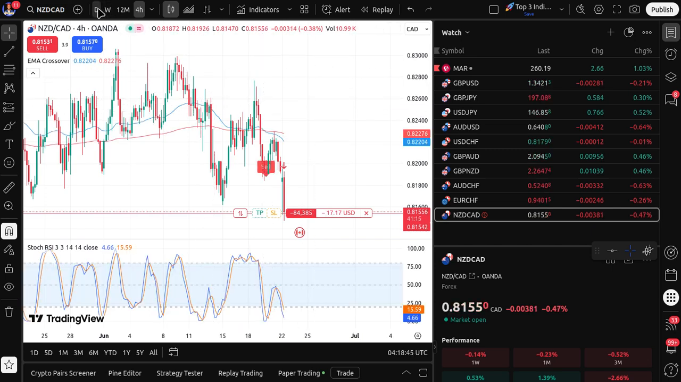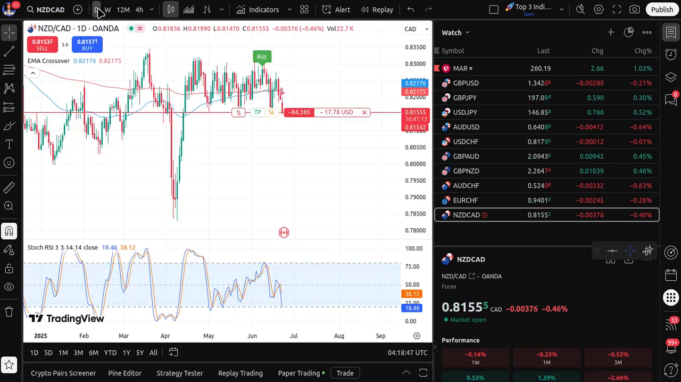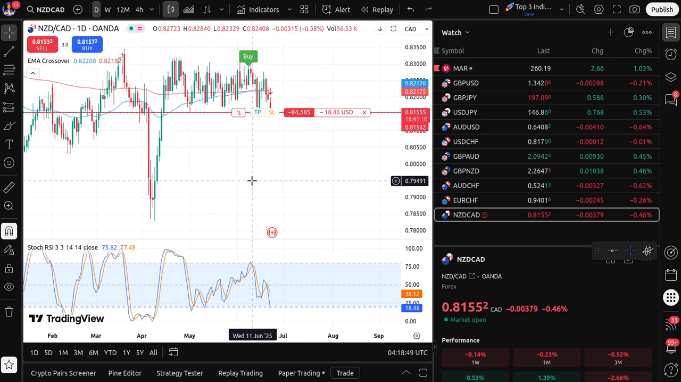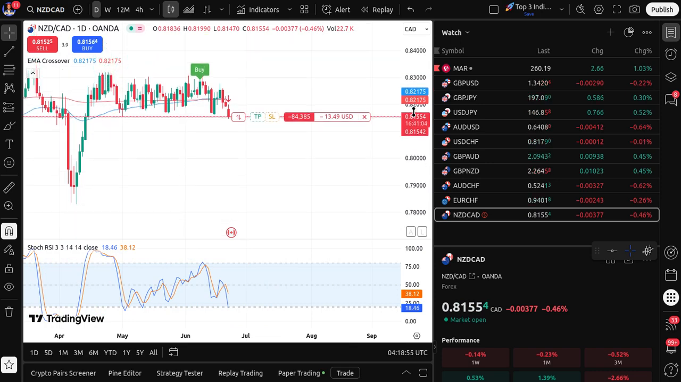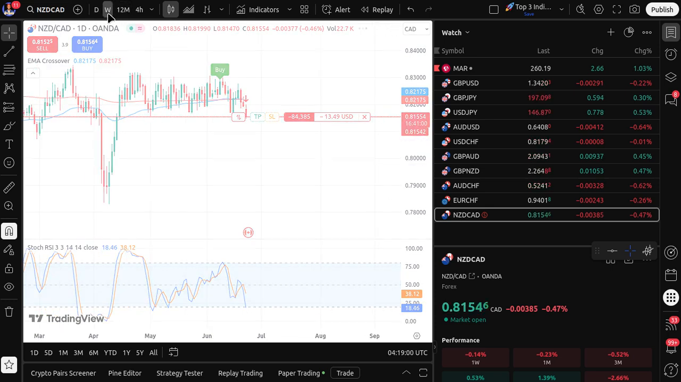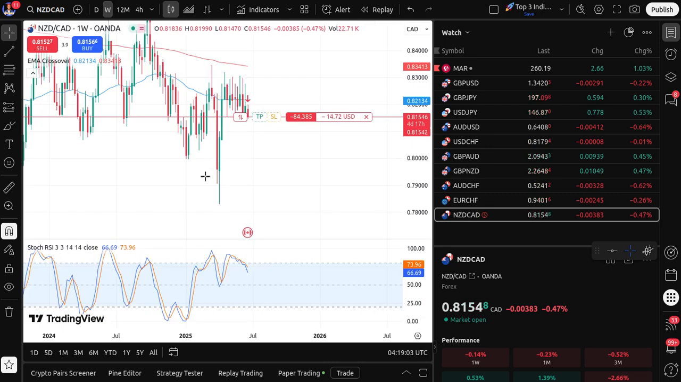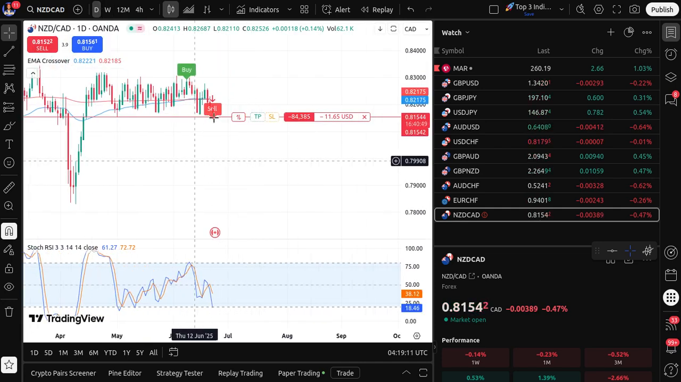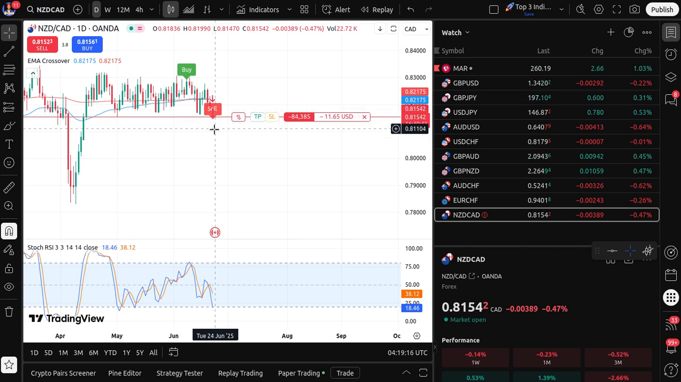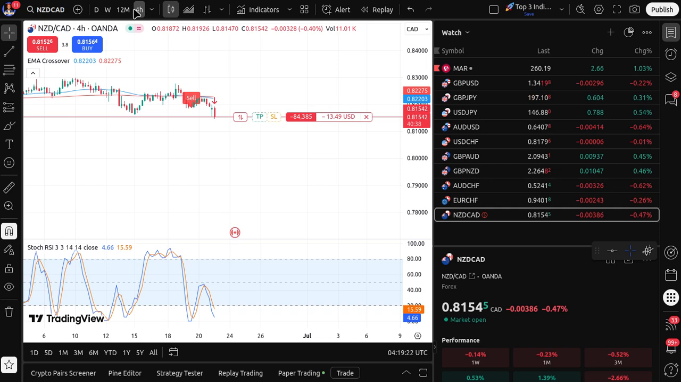The first thing we'll notice here is it had a reversal on the week, and then on the day you can see it had that sell right there on the day. The 50-day moving average crossed the 200-day moving average. Then if we look at the 4-hour chart,